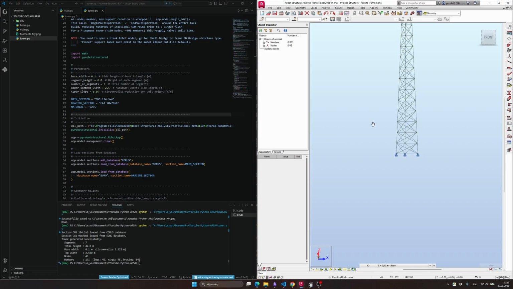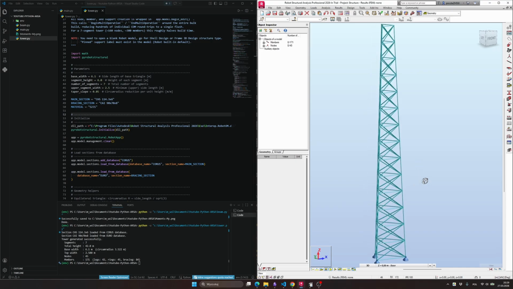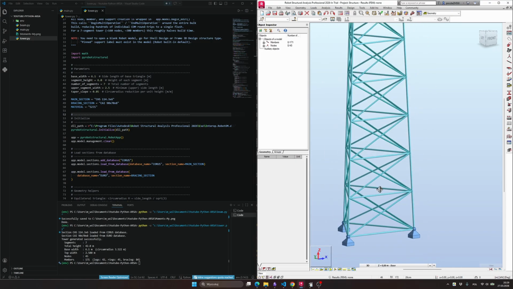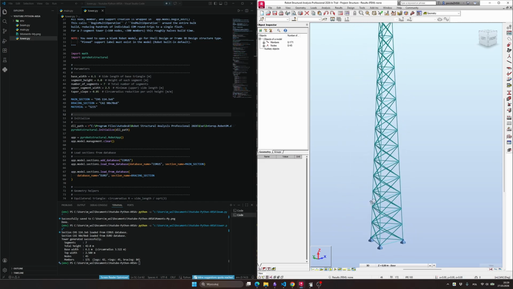Now, by rotating the view slightly, I can see the tower is being created, sections are being displayed and modeled as expected, and I hope this example shows you a little bit of